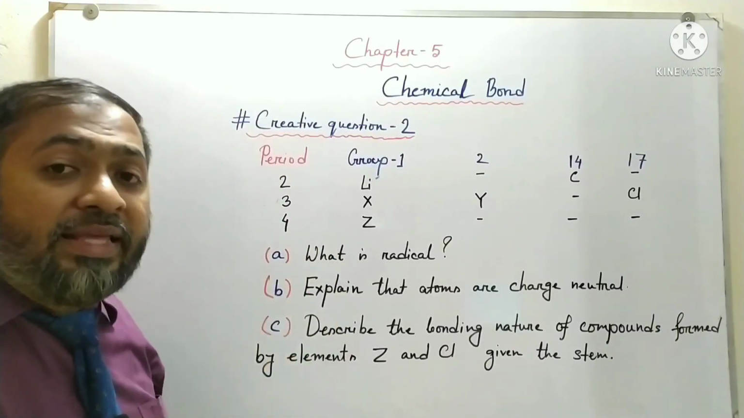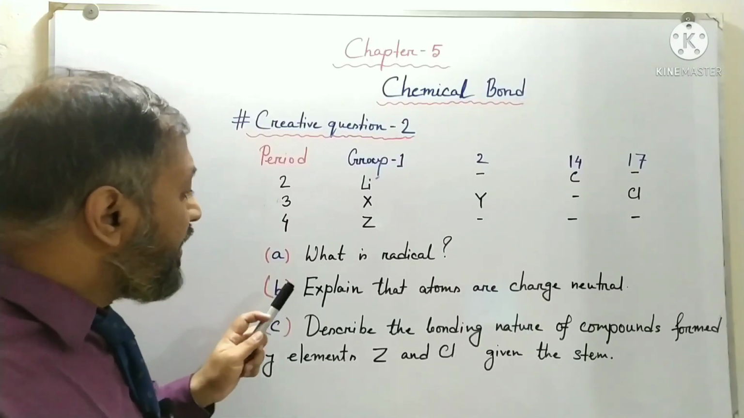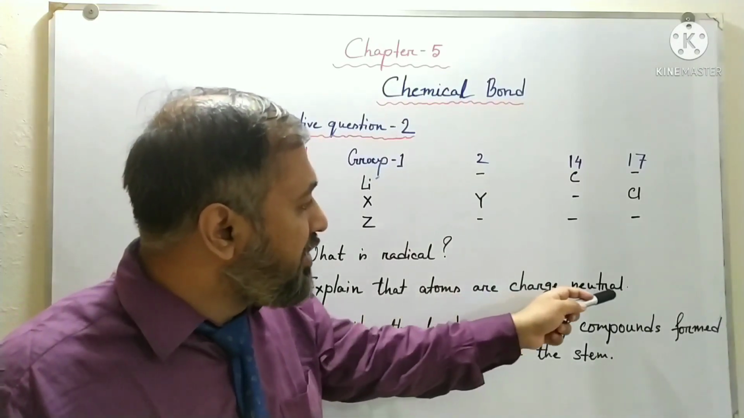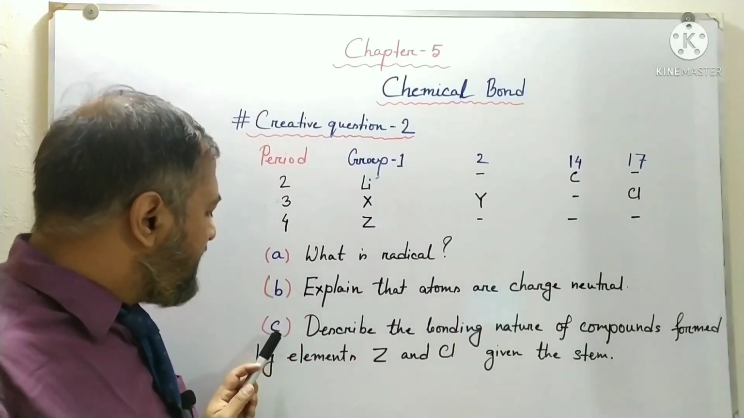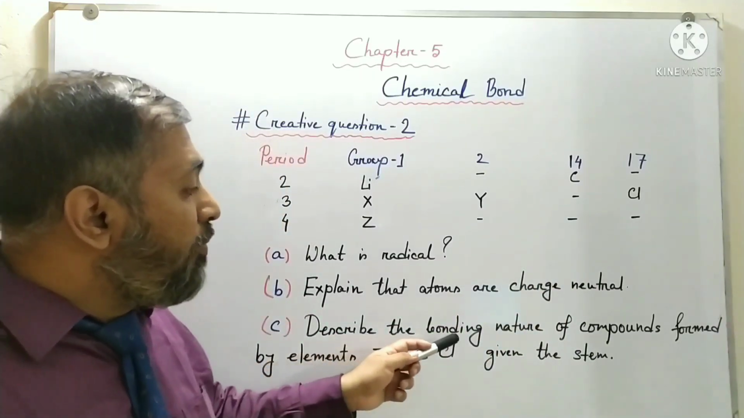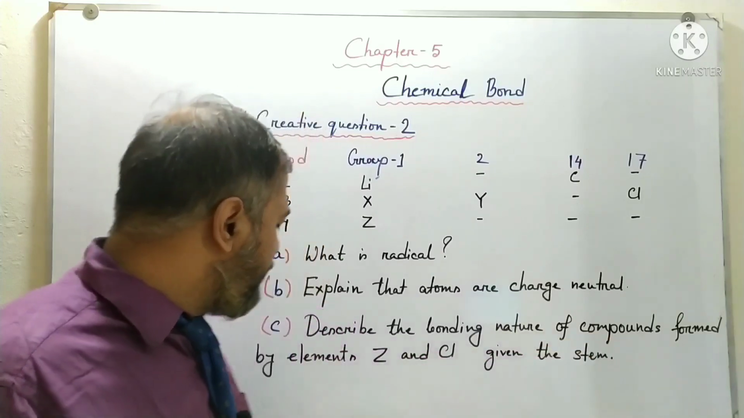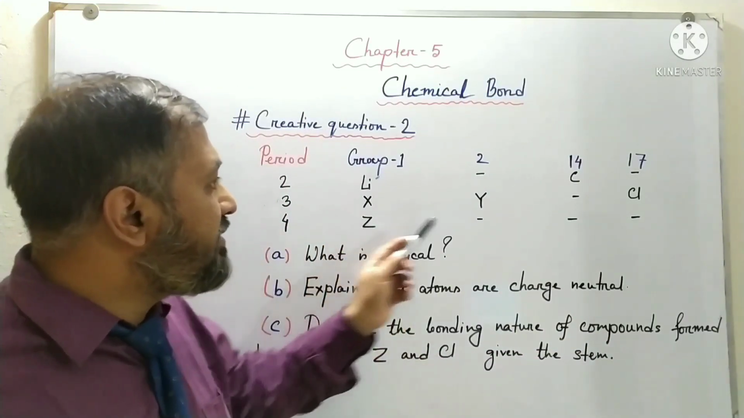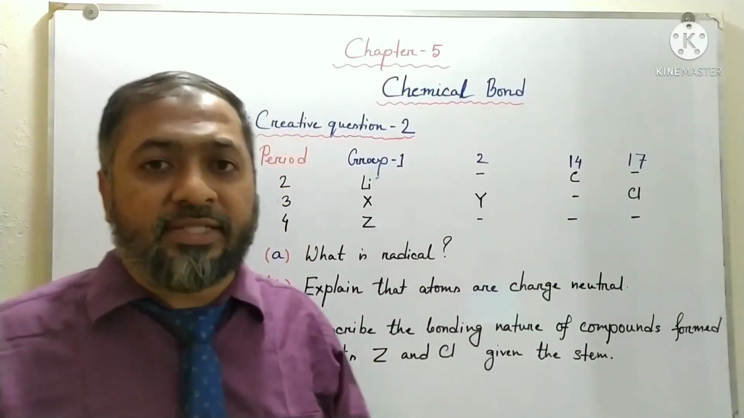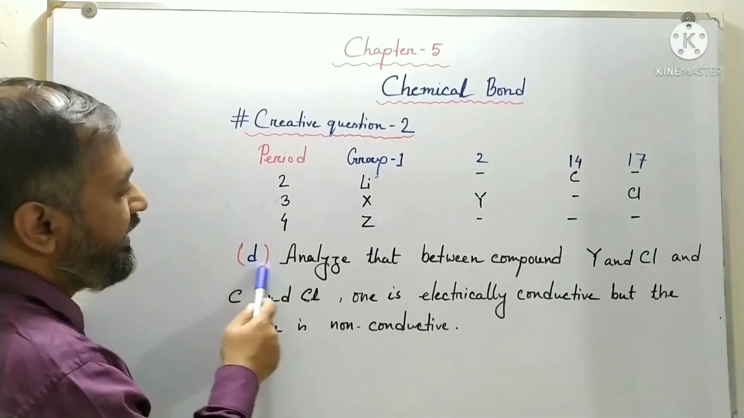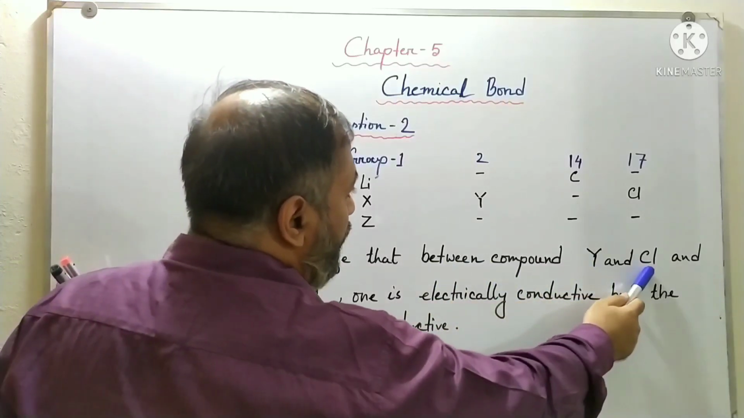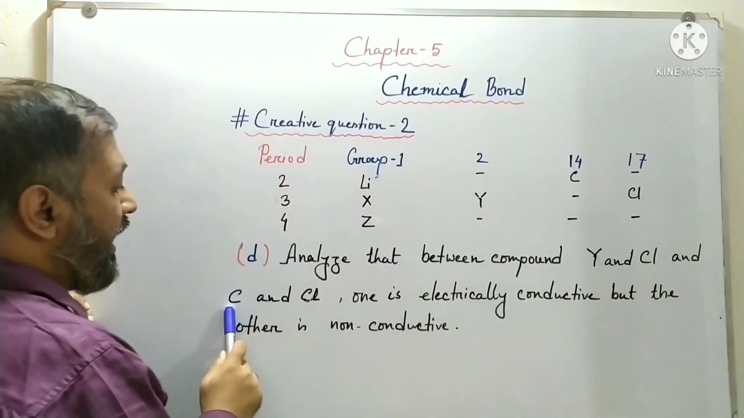Question A: What is a radical? Question B: Explain that atoms are charge neutral. Question C: Describe the bonding nature of compounds formed by element Z and chlorine, which are given in the stem. Now students, question D: analyze that between compound Y and chlorine and carbon and chlorine,